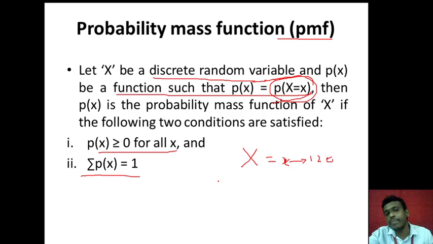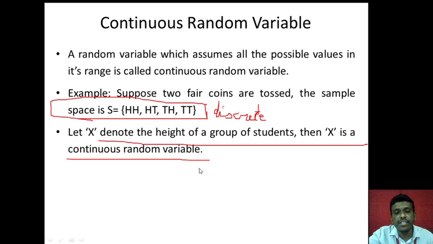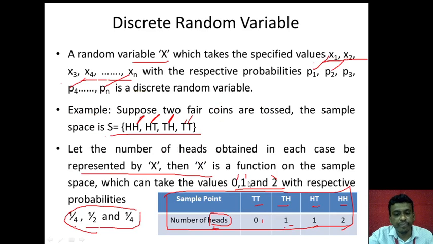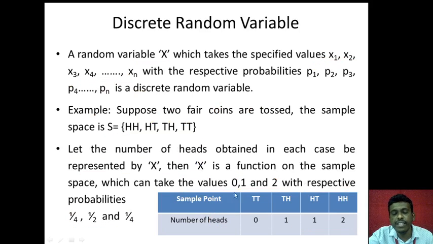Let's go to an example which we have taken earlier, and I'll explain both these conditions. The first condition says that all values of p of x should be positive, that is greater or equal to 0. Let's see whether it is the case or not. Now in this case, look at the table below. You can very easily see that no heads are there here, one head is there, one head is there, two heads is there. Respective probabilities, if you write p of x